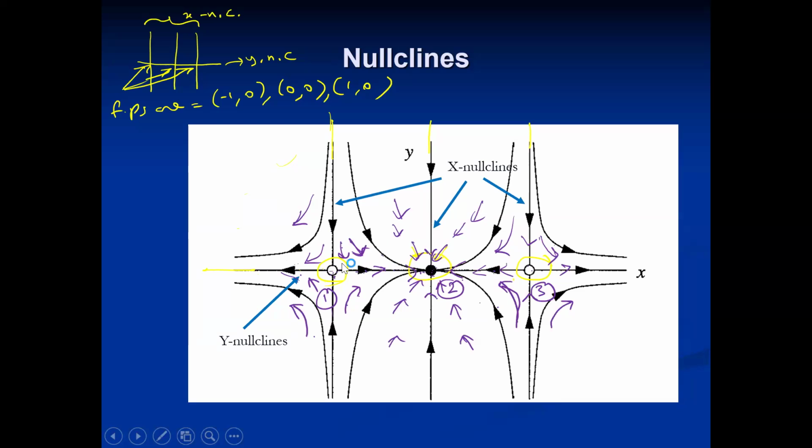Okay, so this is a saddle node, and if you look at the neighborhood of these points, you see that the flow here is vertical downwards and rightwards. Flow here is downwards and leftwards, etc. So now we are able to work out the flow pattern in the neighborhood of these three fixed points. At the fixed point in the center, flow is completely towards the fixed point, inwards. That is fixed point number 2. Fixed point number 3 on the right side. Flow is